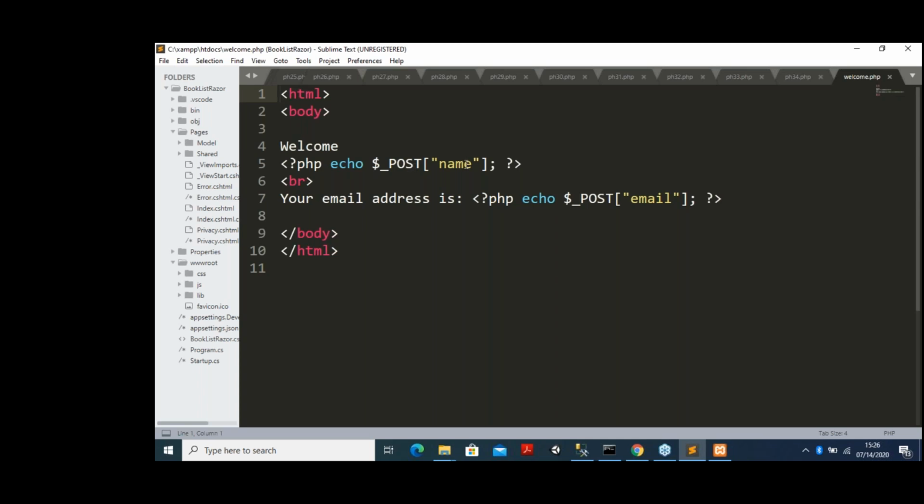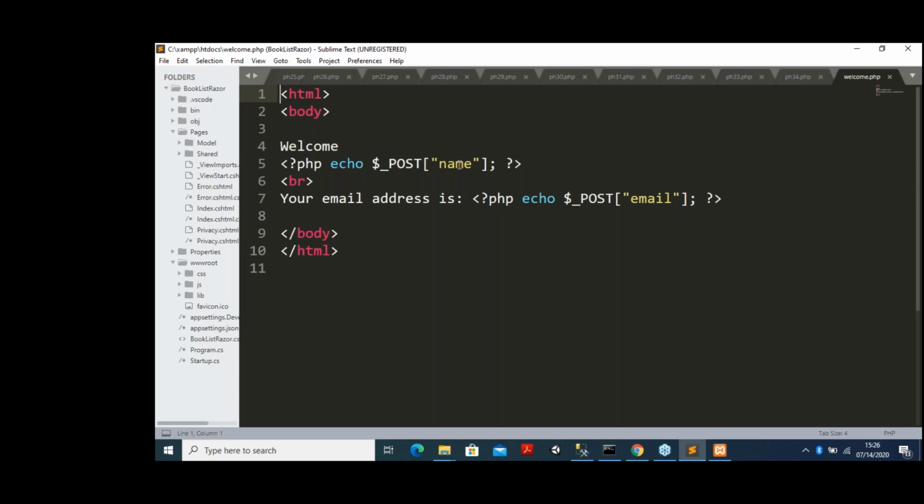And here, first it is taking the name, and then your email address, so what it is doing. See, in both cases it is using the POST method. I will tell you how to use this POST method and how to use this GET method. So without knowing that, we are using the POST method here. For that POST method also I am using $_POST. So less than PHP echo, what it is doing, welcome, and when it runs up to this, it will take